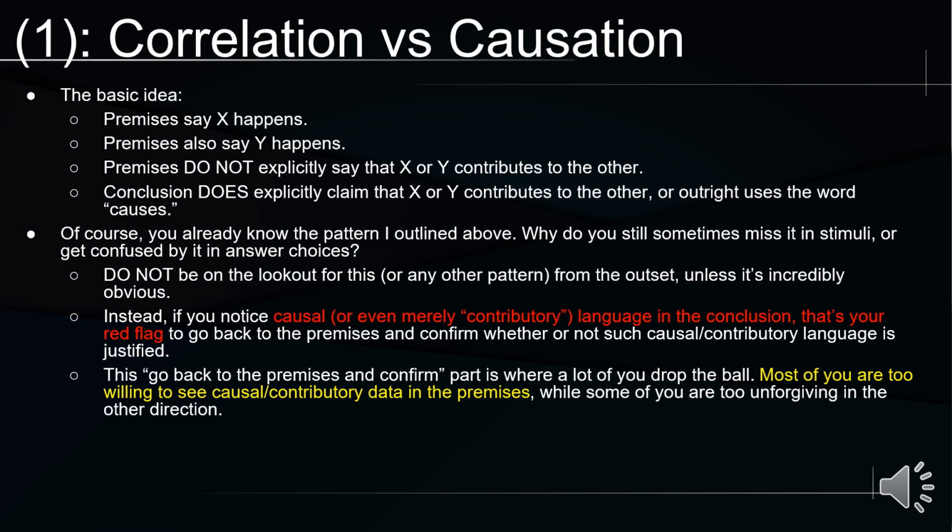that's where a lot of you guys struggle. Most of you are too willing to see causal or contributory data in the premises when it's not there, while some of you are too unforgiving in the other direction. But most of the time, it's the yellow thing. It's where,